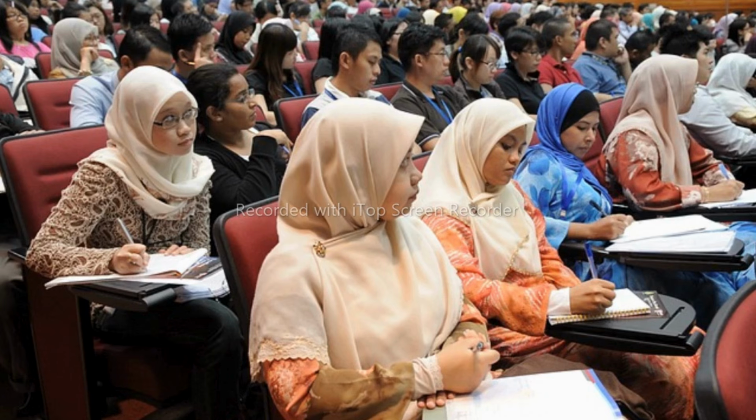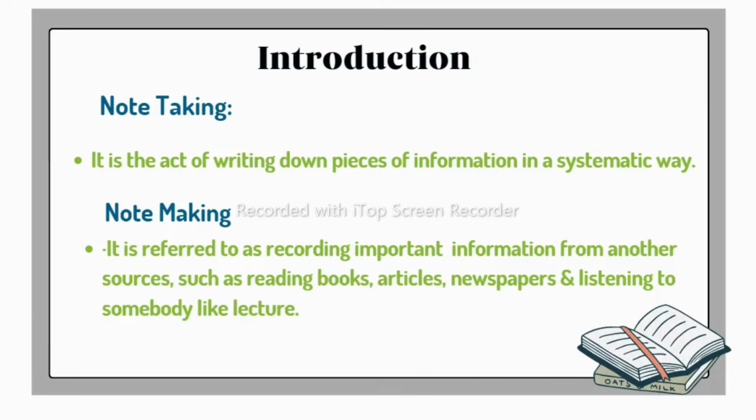To refer to it later, what should we do? If you want to refer back, then we have to make notes. Now, what is note making here? Note making is recording important information from different sources, such as articles, newspapers, textbooks, and all. Means by reading these things, we are recording essential points, and it is an active process because here we are selecting essential points from these sources like articles, magazines, or any books